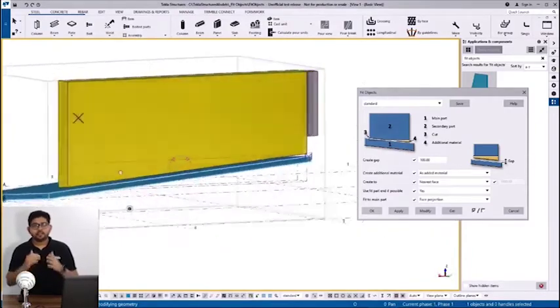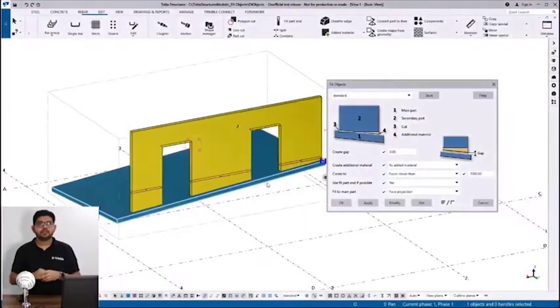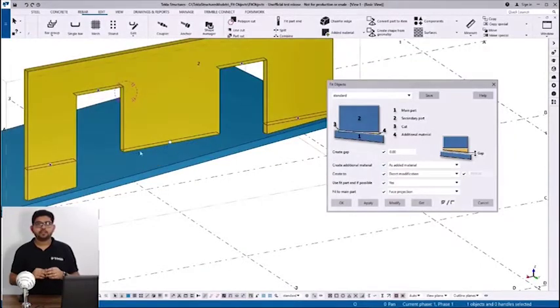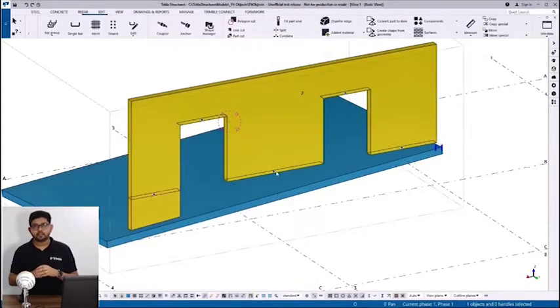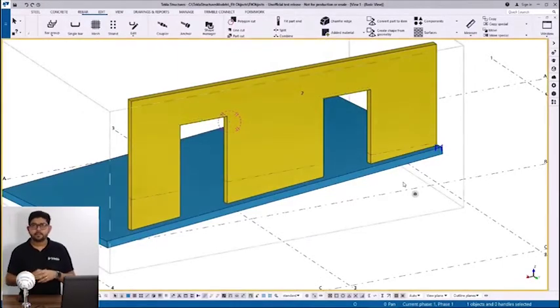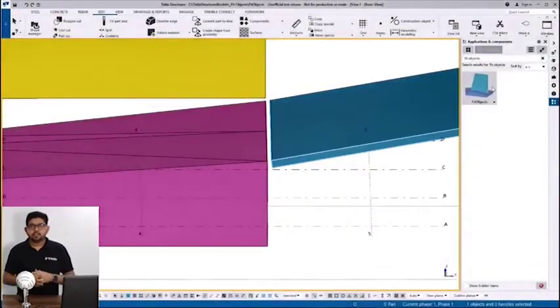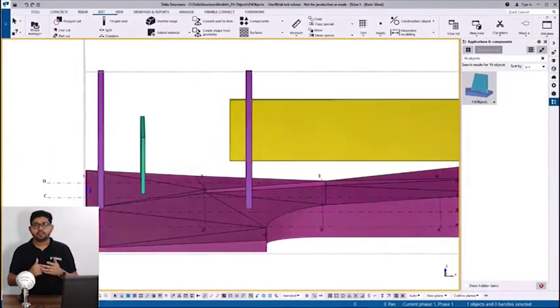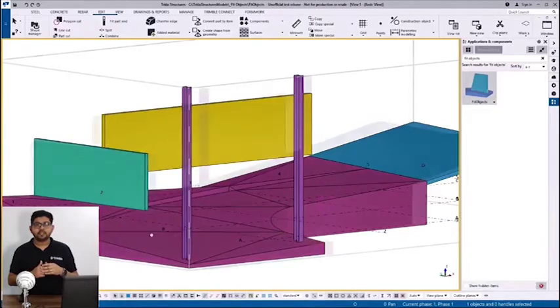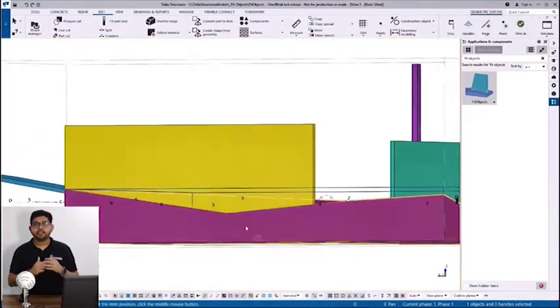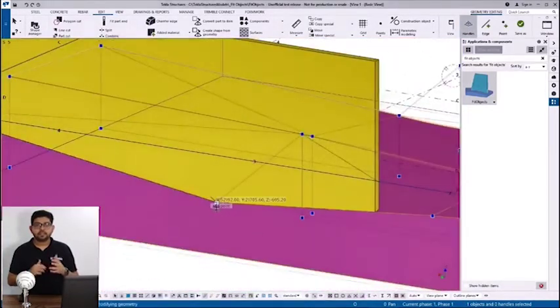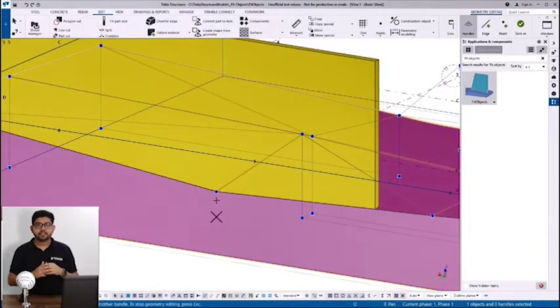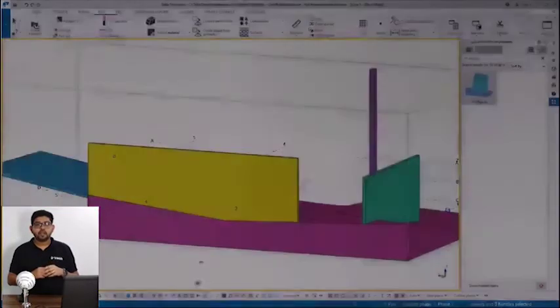And the tool not only gives the users the option to create automatic fitting, but also gives the option to choose whether we need the fit or not, as you can see here. The tool is versatile. It is capable of fitting different objects of different materials, and it is especially useful while trying to fit verticals to complex objects like a sloping slab, as you can see in this case, where it tries to fit to different contours of the slab.